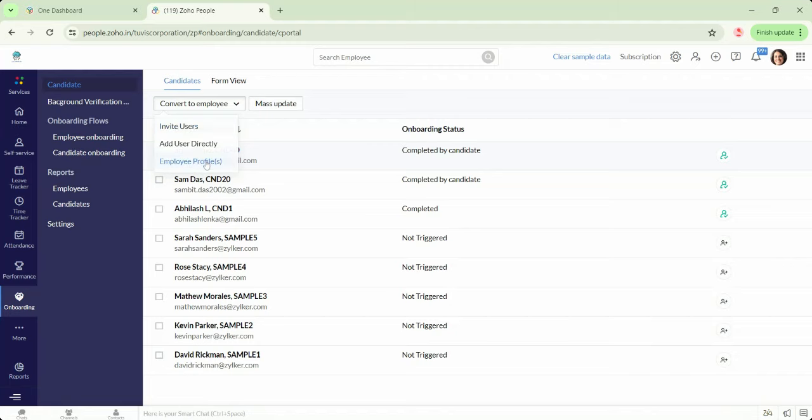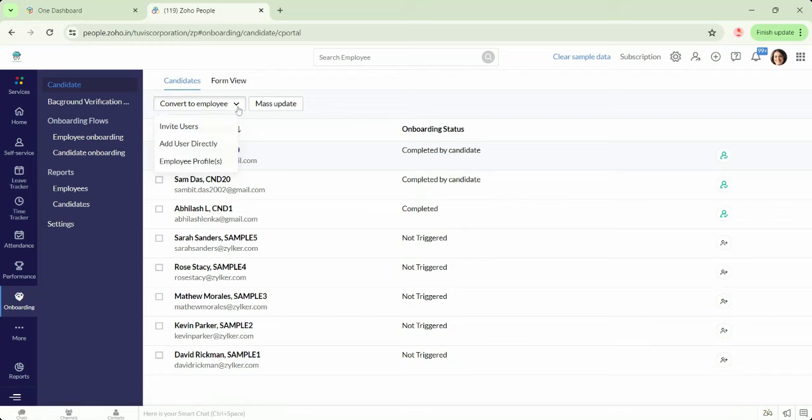The difference between these two is, if your organization prefers the employees to have a self-service portal for Zoho People, like they can access the attendance module and all, we need to invite the users. Once you click on invite user, a mail will be triggered to the mail ID and they will fill in the employee onboarding process.